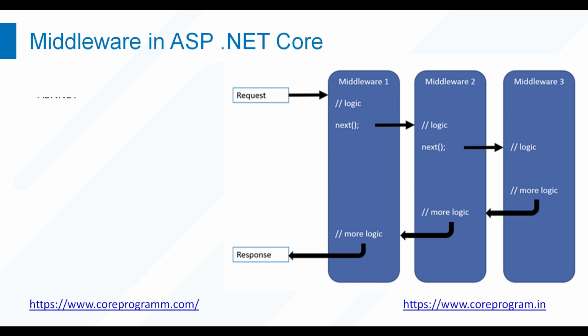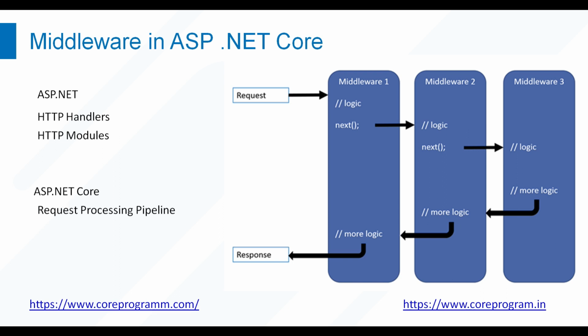If you have worked with the previous version of ASP.NET, then you may know that we used HTTP handlers and HTTP modules to set up the request processing pipeline. This pipeline determines how the HTTP request and response are going to be processed. Similarly, in ASP.NET Core, middleware components are what we use to set up the request processing pipeline in the application. Using this image, we are going to discuss the request and response processing pipeline in ASP.NET Core. Before jumping to the real-time application, we need to understand the middleware processing pipeline.